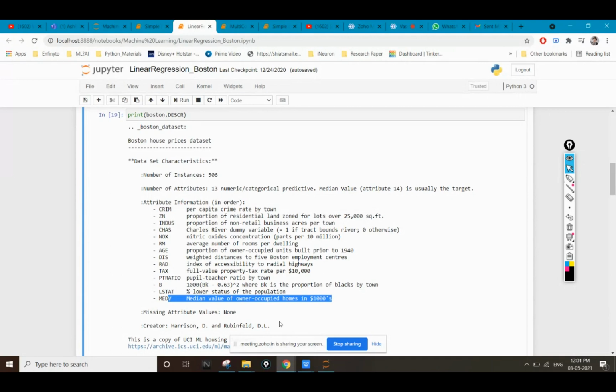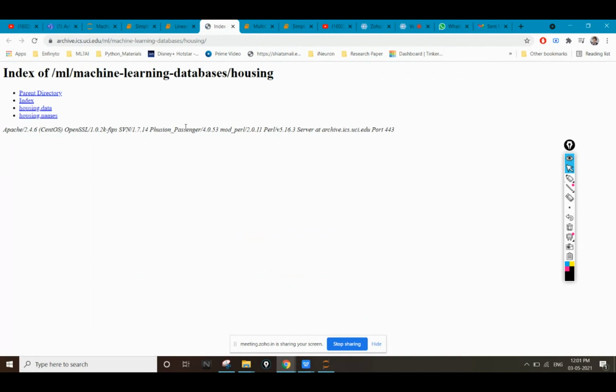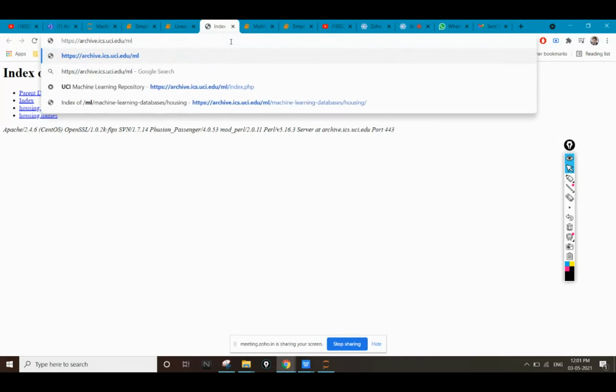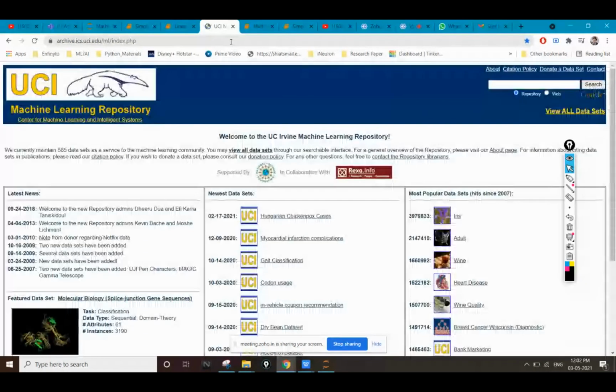You can find this data from the UCI repository. This is a very famous repository from where you can find multiple different types of data sets. If you click on this link, you will find multiple data sets.